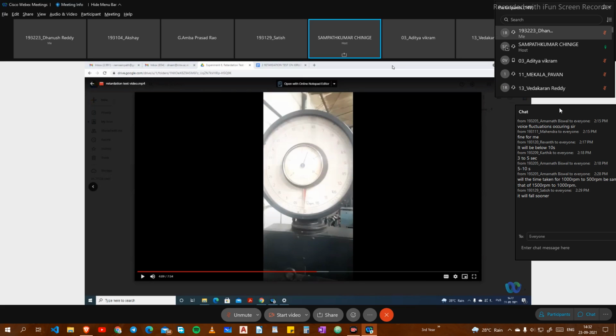So the time taken for 1000 to 500 RPM, it is not the same, right? Because here, sir, once the fuel is totally out, initially there is some fuel left. The moment you cut off from 1500 to 1400, you observe that the time taken is slightly different. But when you are coming very near to 1000, almost no fuel is left. So the falling speed may be faster in a very narrow region of 1000 than in the upper limit of 1500. Okay, you got my point? Yes, sir.